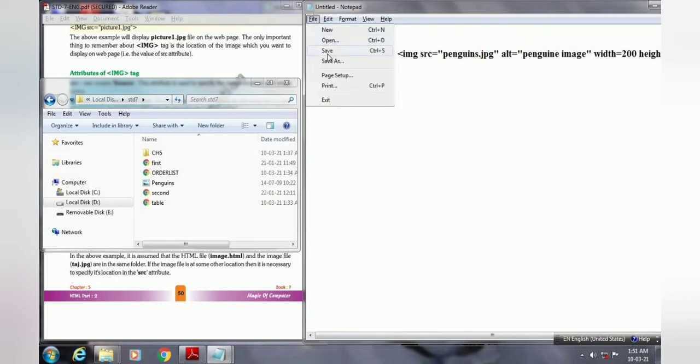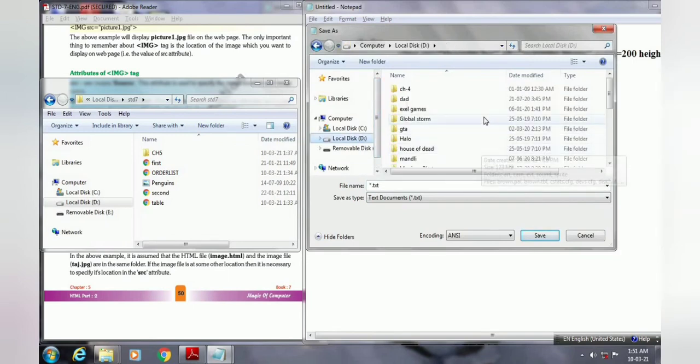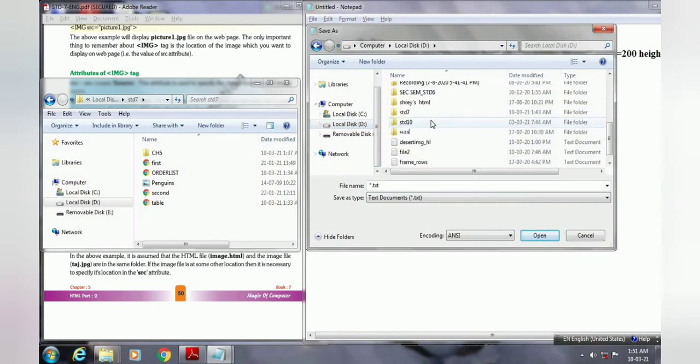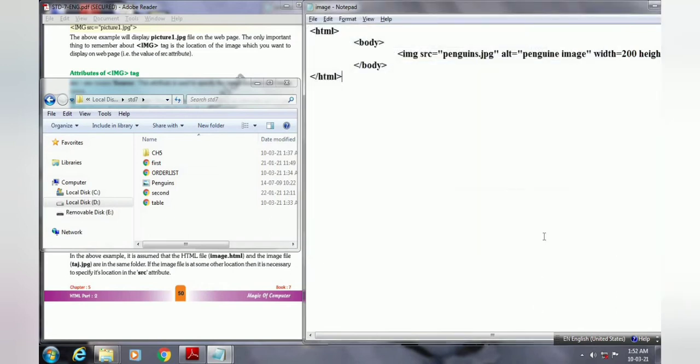Now go to File and Save. From here select the local disk D, and find the standard 7 folder. Here you save your file and give the name image.html and save.